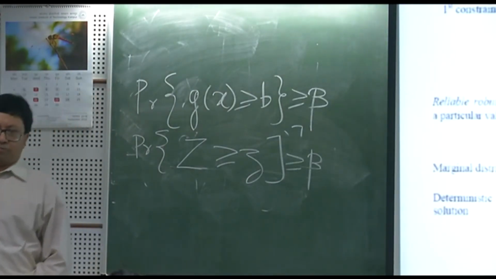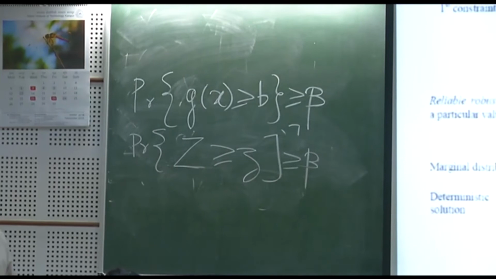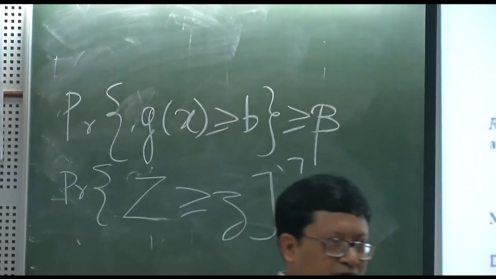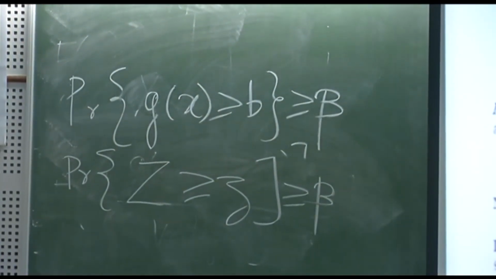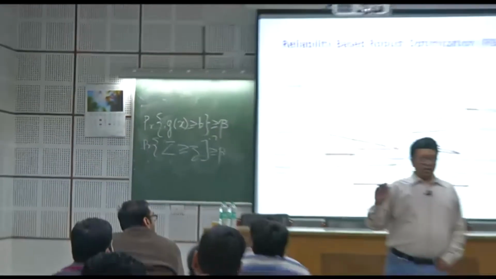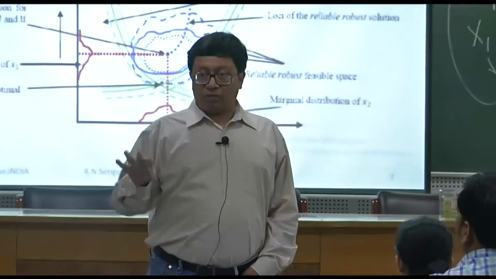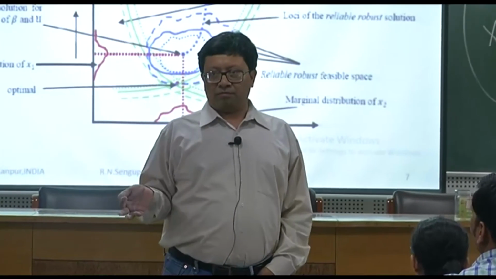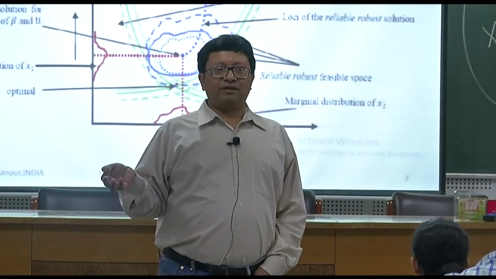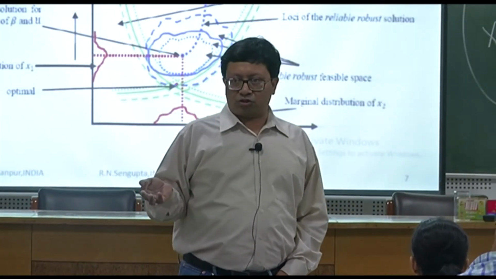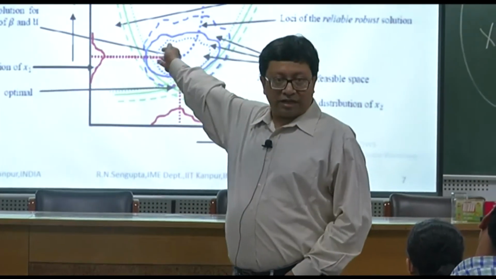So you can use your simple standard normal tables, simulate, find out at what level of beta you need, and pick up those values and put it to solve the answer. If it is a multivariate normal distribution, again no problem, you can solve it. But if it is a multivariate other type of distribution which you have, the methodology which I told that given